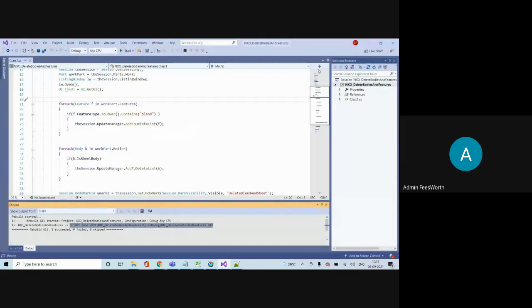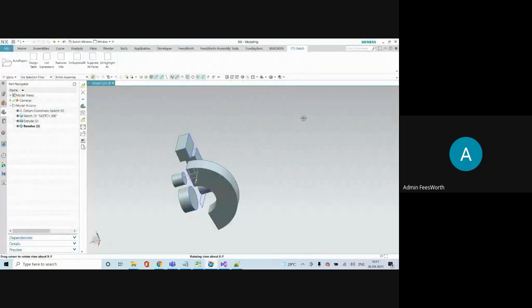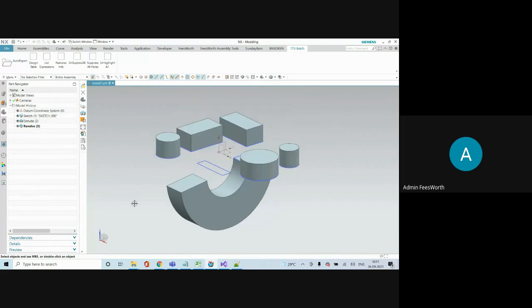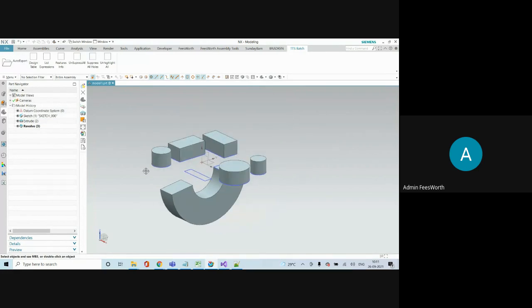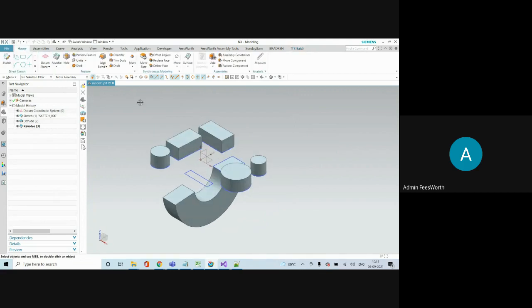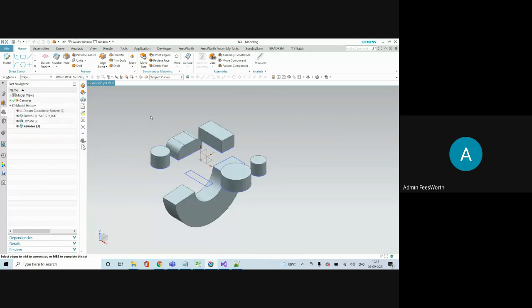First let me run it, then I'll come to the point. I have some parts created. I'm not going deep into that, because I assume you already know. Because there is no fillet now, I'll make some fillets here, and some more.